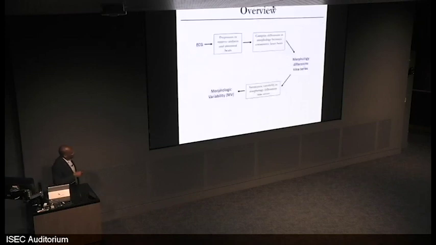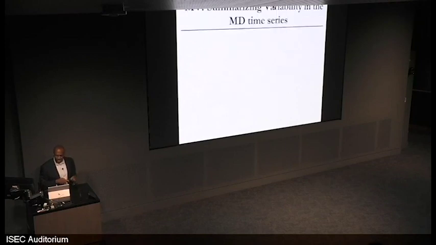So the overall approach is we have an ECG, we pre-process it to remove artifacts and abnormal beats. We compute the morphologic distance time series. Then we summarize the variability using a variety of different metrics, and we get a morphologic variability measure. So there's really no learning I've talked about here. This is all just taking the raw signal, but it's a little bit more complicated than that,